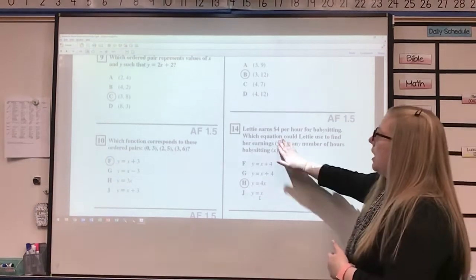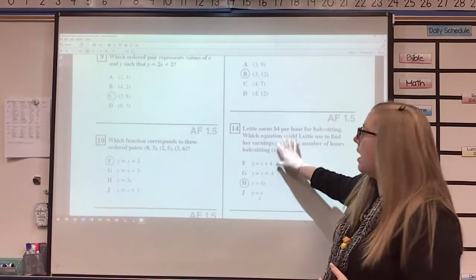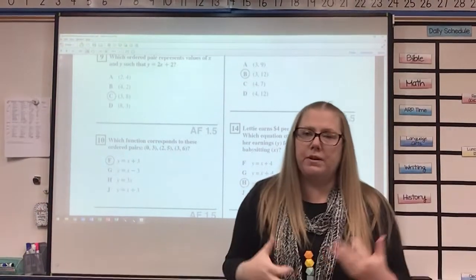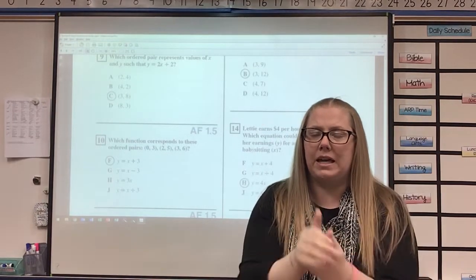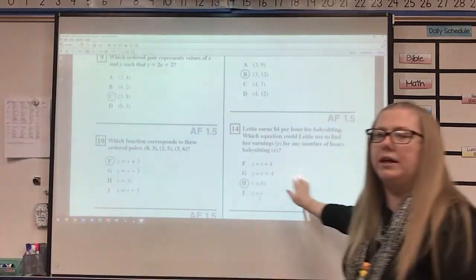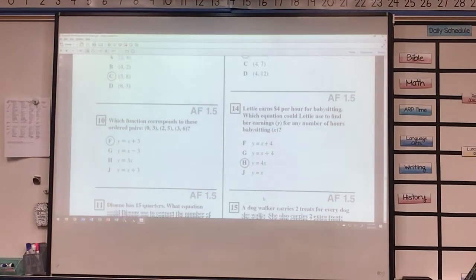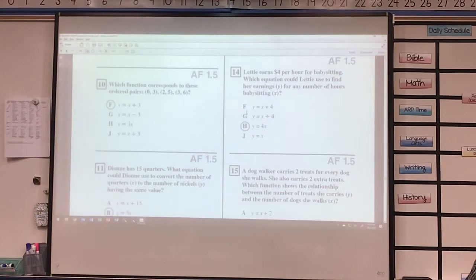Now, there are going to be a lot like this one where you have kind of a word problem and you have to give us the equation. Take it step by step. Think about what it's asking so that you can answer this correctly. 11 is B,